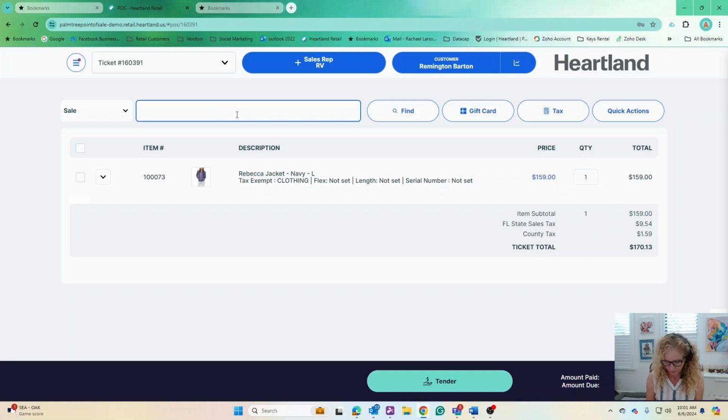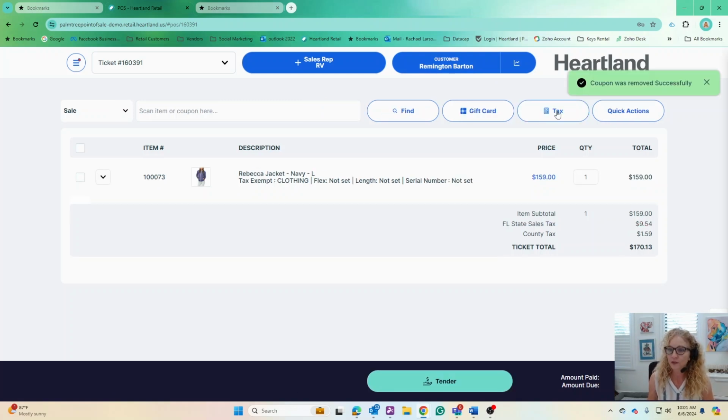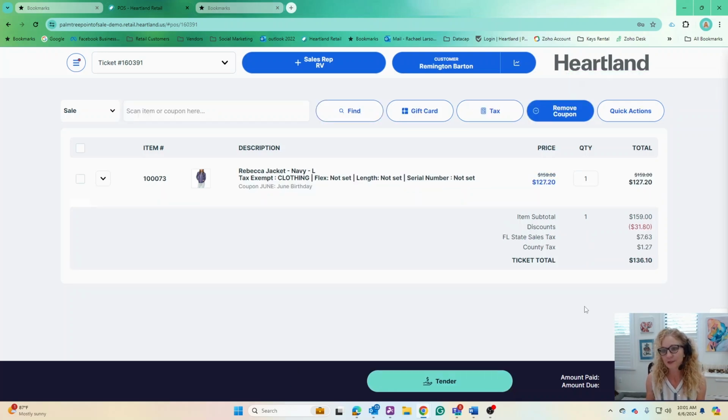Now we're going to go ahead and put in the coupon. Once we've done that, it automatically applies a discount of $31.80 to the ticket total, and you're ready to go. If you find that he wants to save his coupon for another time to buy a more expensive item maybe, you can just click remove the coupon. If he goes back and changes his mind, we just type in June, and the coupon is automatically entered in, and you can tender the